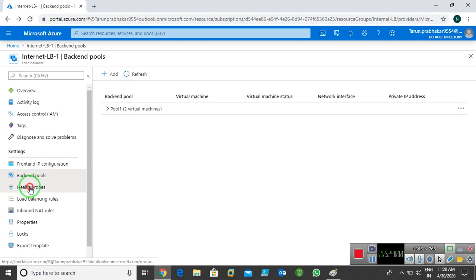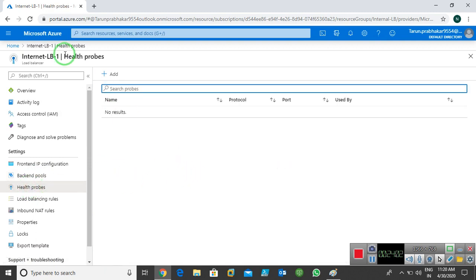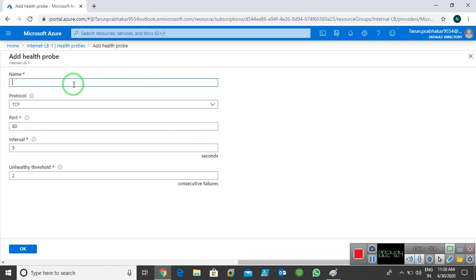Now I'm going to the health probe. Click on health probe, click on add. Now I give the name: this is internal LB1. This is the health probe name, and I'm using TCP, port number 80, and we're using the default interval of 5.